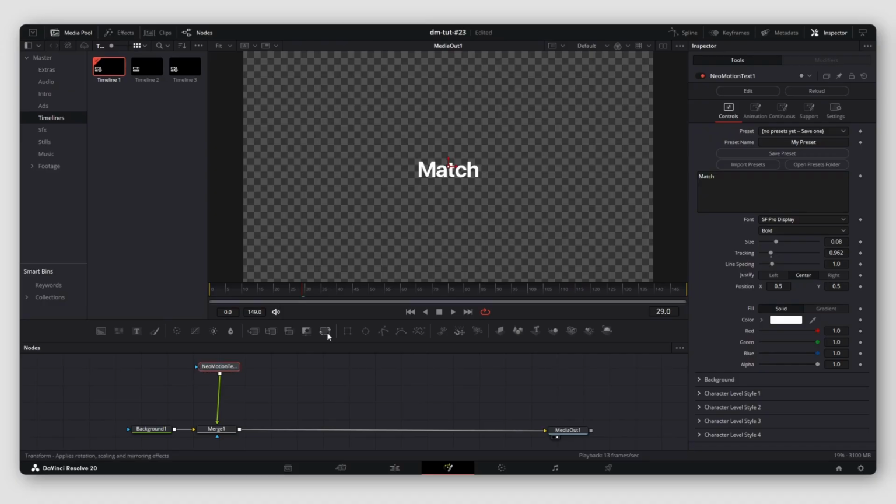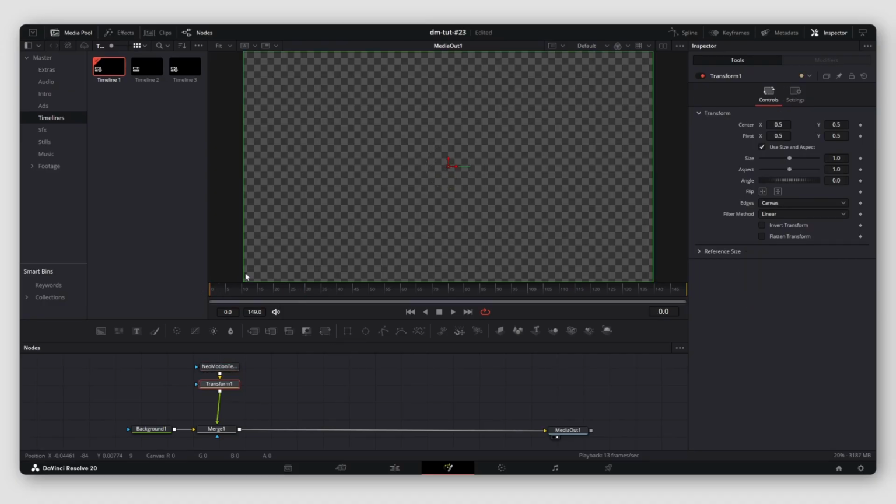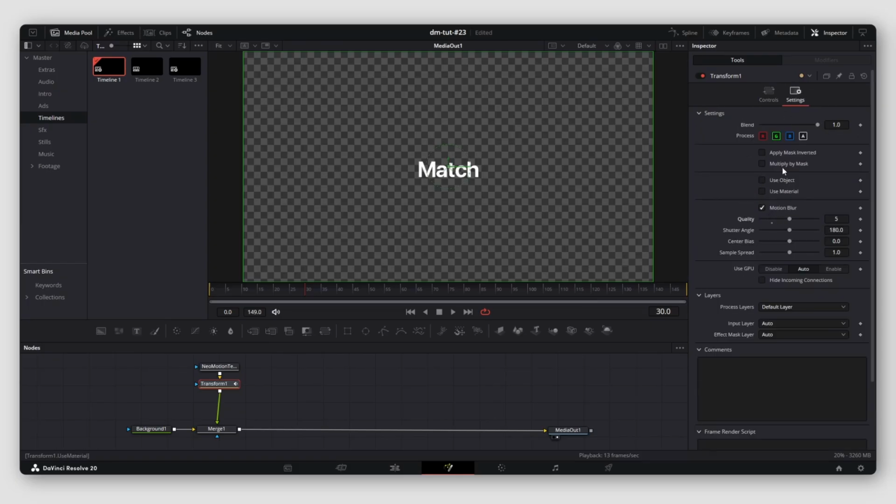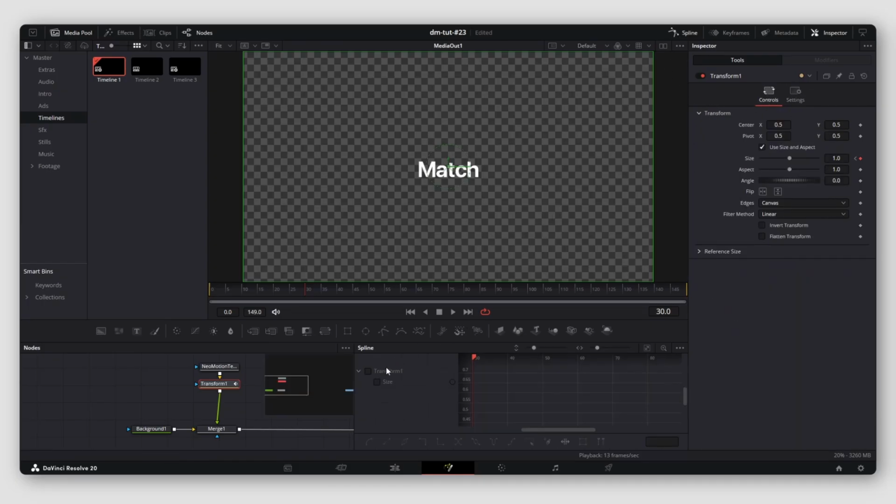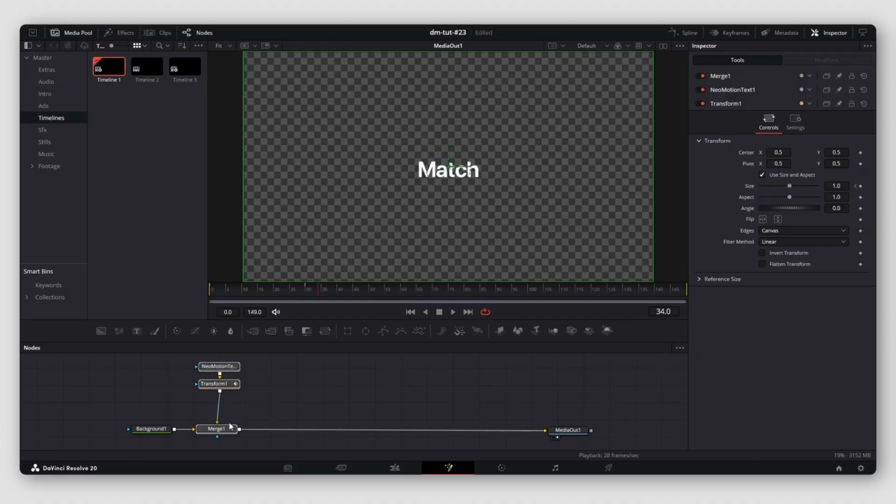And then add a transform node to this. Then go back to frame 0, turn the size down, keyframe it, go to frame 30 and again change the size to 1. Go to settings and add motion blur. Go to the spline tab, select everything, press this button, Ctrl A and press S. And again press T and increase the ease in and ease out values for that spike in the animation in between. So this is the animation, and now we will just duplicate this,